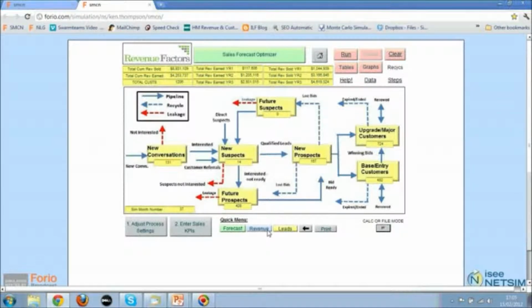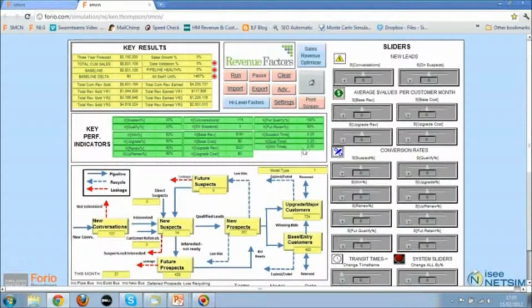So let's go down to the revenue option, and you'll see quite a busy screen here. Basically numbers over this side, the same process map, and these things called sliders on the right hand side. So basically there's our baseline 8.8 million. So let's show you. We might say, for example, let's say we could increase the number of conversations in a month by 50%. We hit the run button. There it's running through